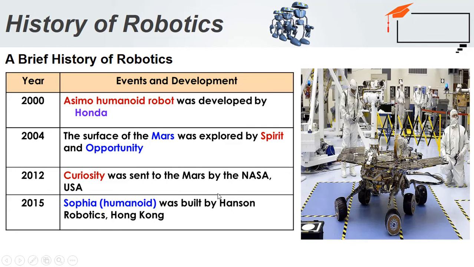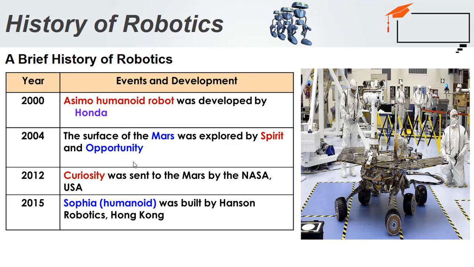In 2004, the USA started a Mars mission with the help of the Spirit and Opportunity rovers. The main purpose of sending Spirit and Opportunity was to find any water resources on the Mars land surface. That is the major objective of this mission. Spirit could send signals and photographs up to 2010, and Opportunity sent signals to the earth up to 2018. After 2018, the Opportunity also